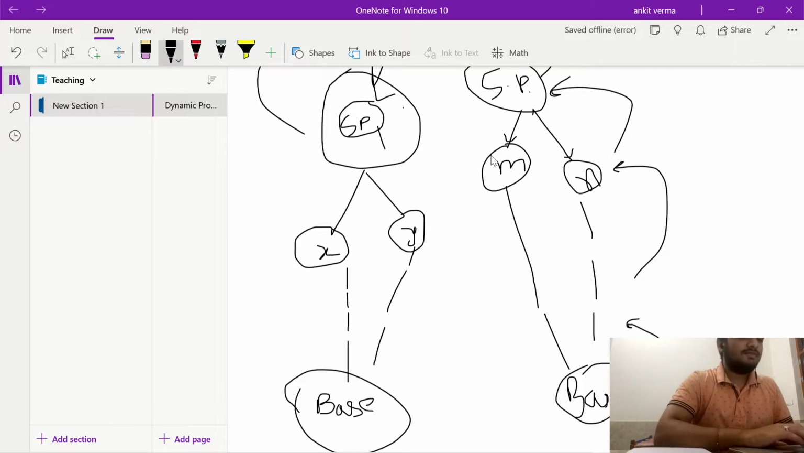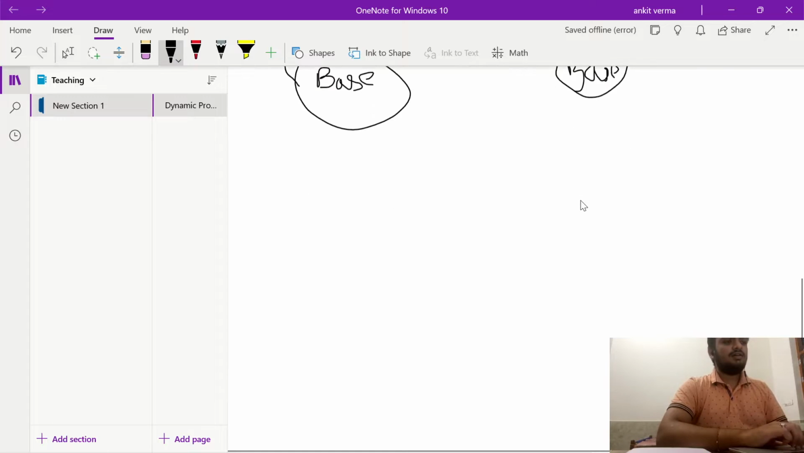which have the same subproblems, like we can say the subproblem of x, the subproblem